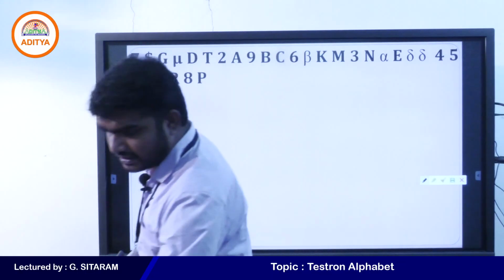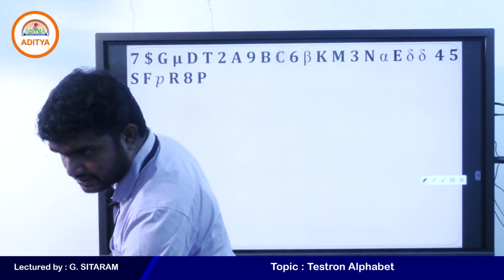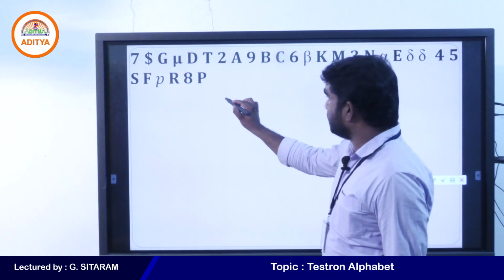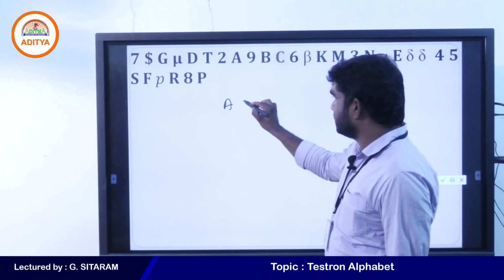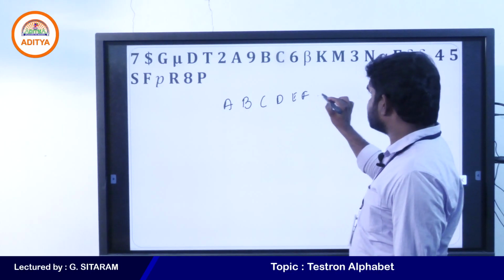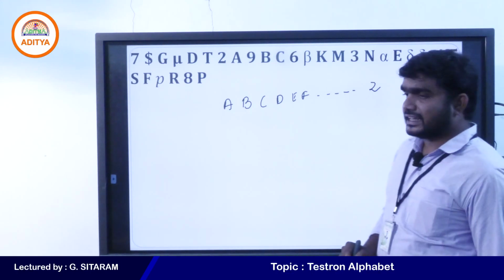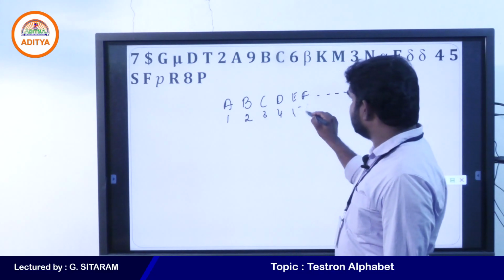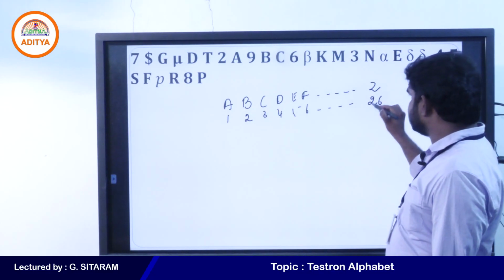You can't understand the basics like this. Just check the basics also. You have only 3 minutes. If there is an alphabetical series like the alphanumerical series, if a series is given like this A, B, C, D, E, F and so on up to Z, you can take the place values of them 1, 2, 3, 4, 5, 6 and so on up to 26.